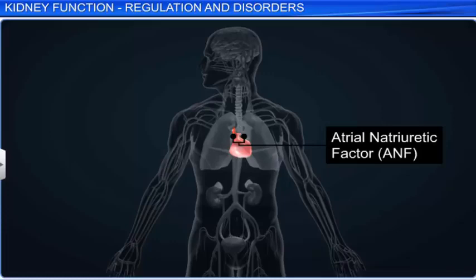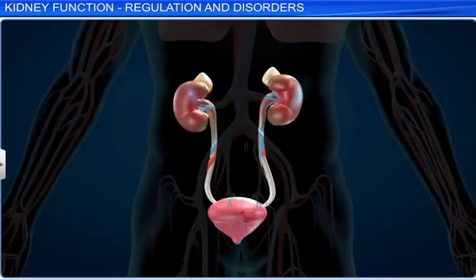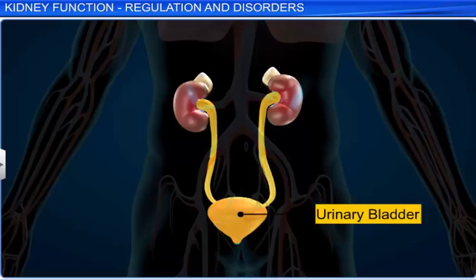ANF, a peptide hormone, is a vasodilator and also a diuretic that dilates the blood vessels and helps to decrease the blood sodium and water levels. It exhibits an inhibitory effect on the renin-angiotensin mechanism. Hence, hormonal feedback mechanisms efficiently monitor and control the functioning of the kidneys, leading to the formation of urine, which passes into the urinary bladder,